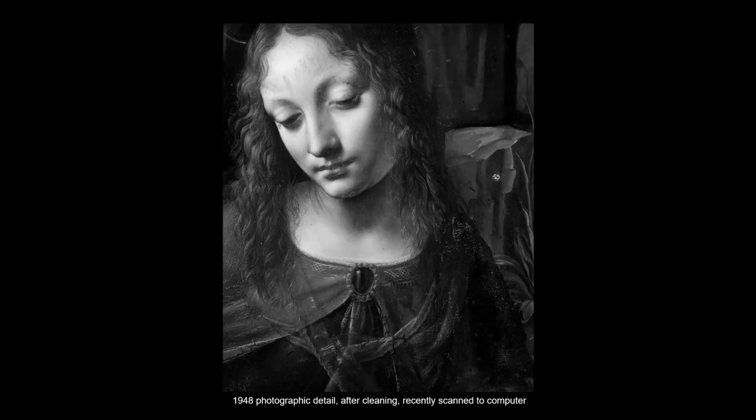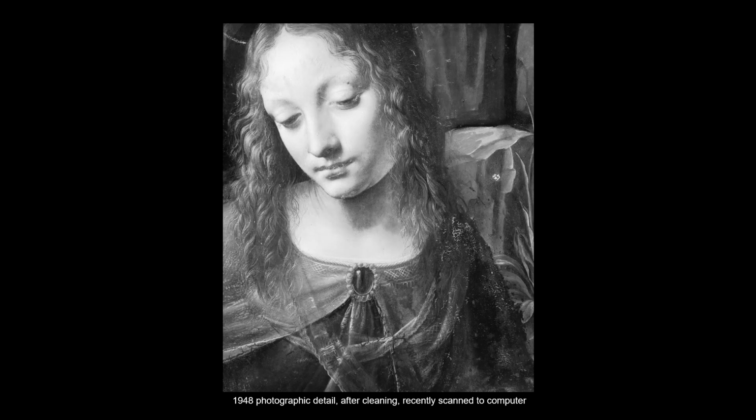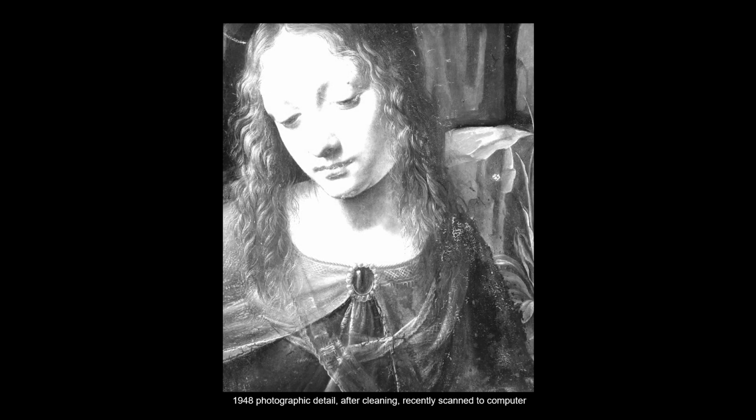And here's another infrared image. Also, it helped us to understand better the condition of the work, particularly when you combined it with visible light photography and X-radiographs. And so we took all the large format 1940s photographs and scanned them and digitized them. And that's a good trick because these negatives are extraordinary. They have a lot of information, and you can overexpose them and see information in the darks, and they have a lot of information in the lighter tones as well